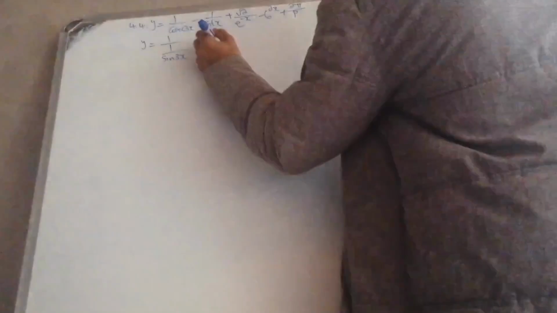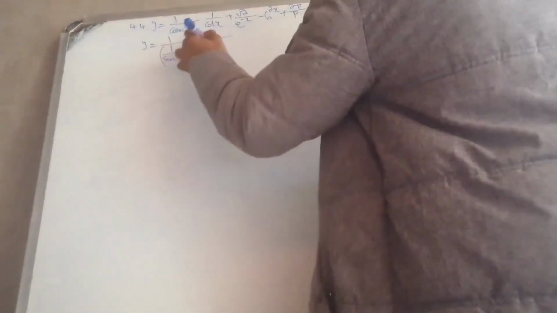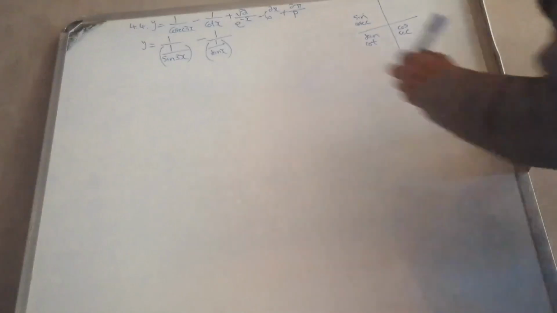So cot would be 1 over tan, so this is 1 over tan x. Let me do this. Okay, plus